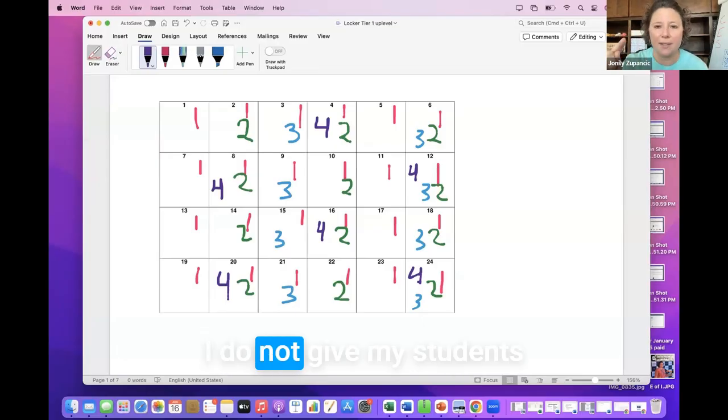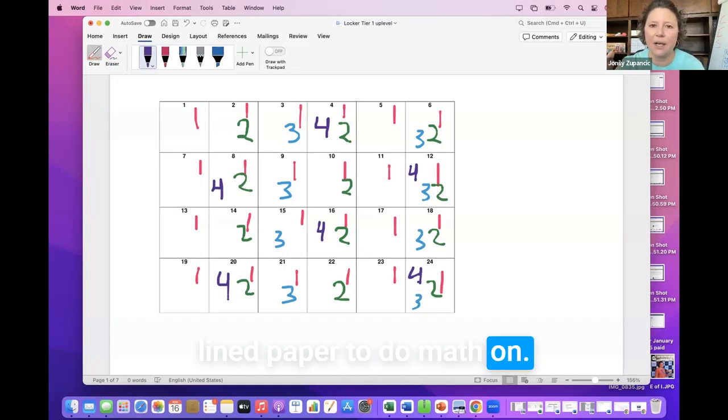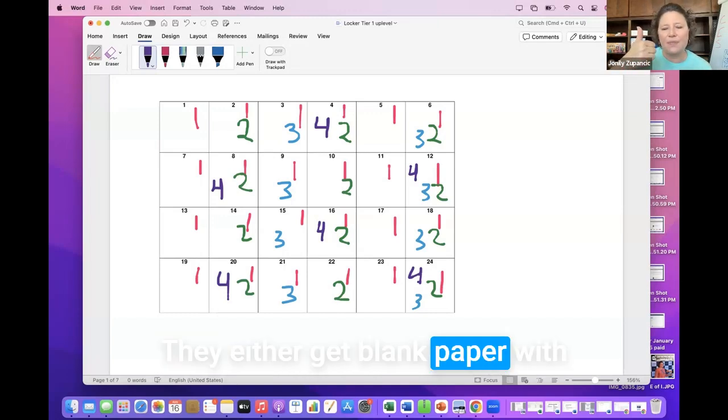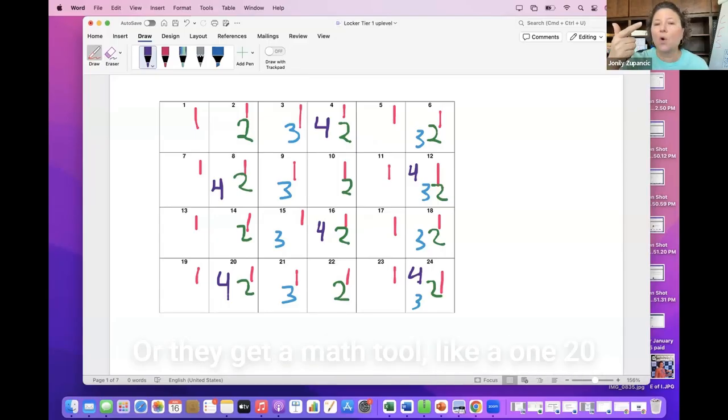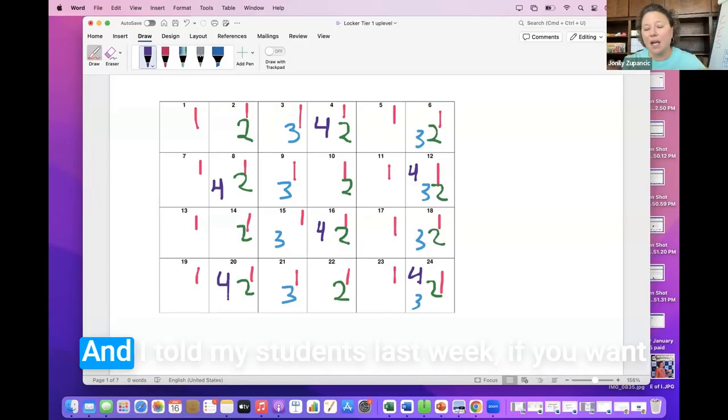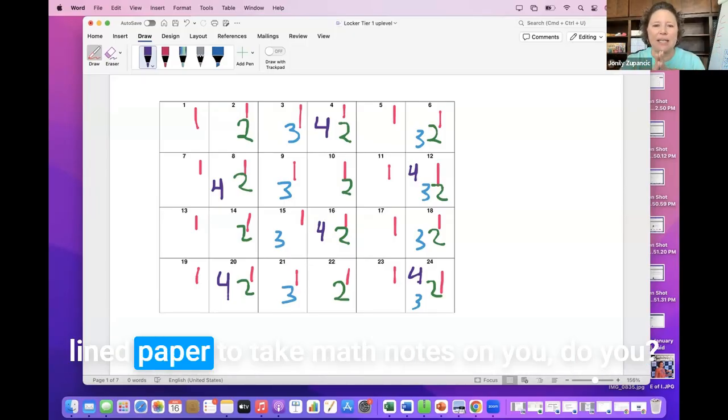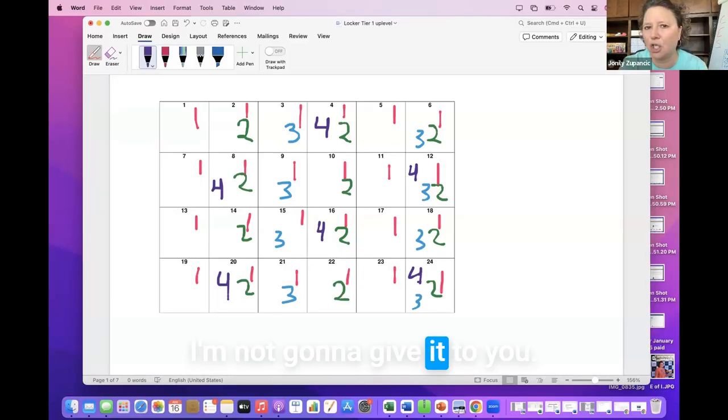I do not give my students lined paper to do math on. They either get blank paper with nothing on it, or graph paper, or a math tool like a 120 chart or dot paper. And I told my students last week, if you want lined paper to take math notes on, you do you. That's great. I'm not going to give it to you.